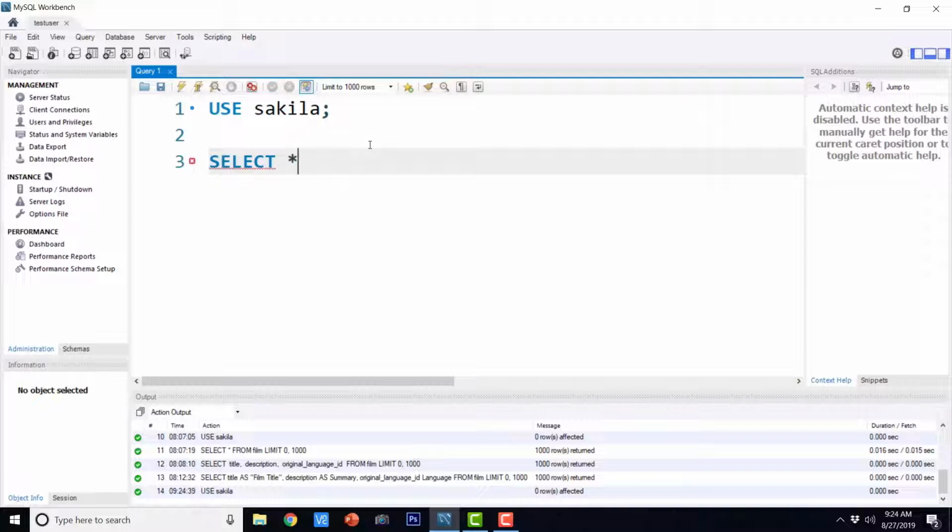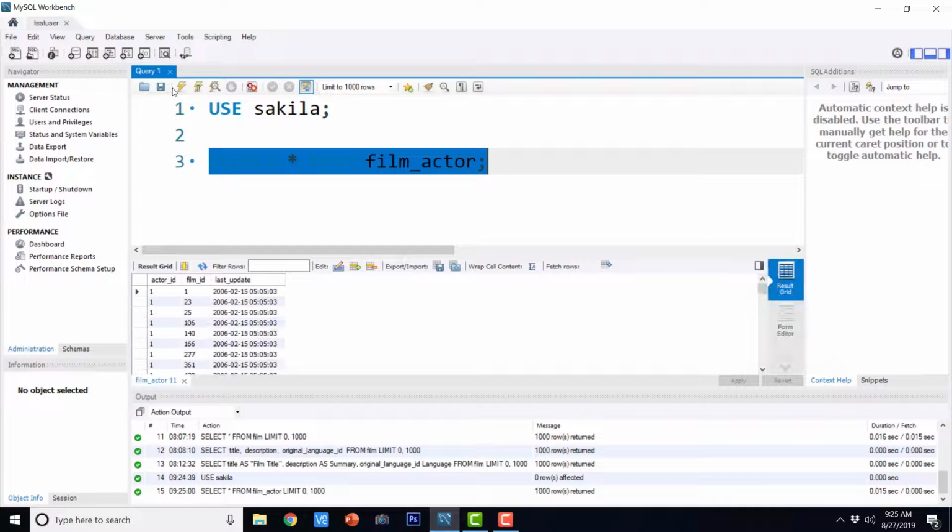select star from film actor, and if I execute this, this is going to show us the actor ID and film ID. Okay, so as you can see that there are lots of repetitions in this actor ID,